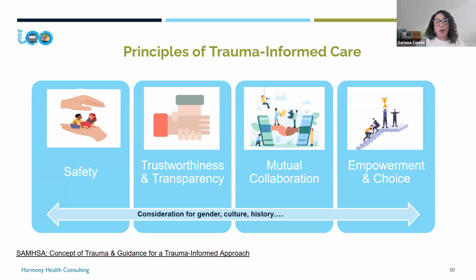And then really across all principles, we must consider a client's cultural background, generational trauma, generational experiences, identity, history in the systems. For many of our clients, trauma is linked to discrimination, immigration experiences, family separation, racism, and also community violence. So making sure that we're honoring these experiences or holding a safe place for that is also very important.